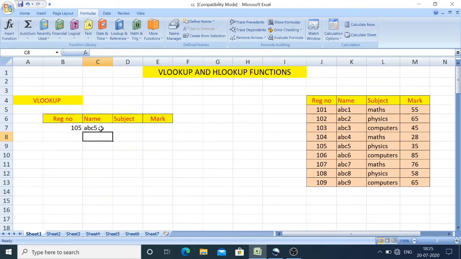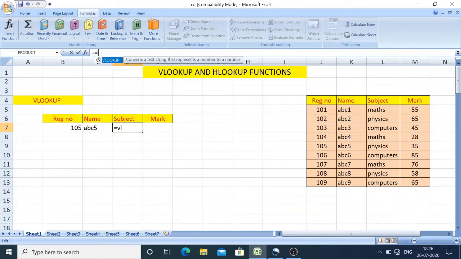Repeat the same procedure for the subject. But here the most important point is, again you need to rewrite the formula as it is. VLOOKUP, followed by which particular record you want to see, 105, whose cell address is B7, comma, table array, select the entire table,